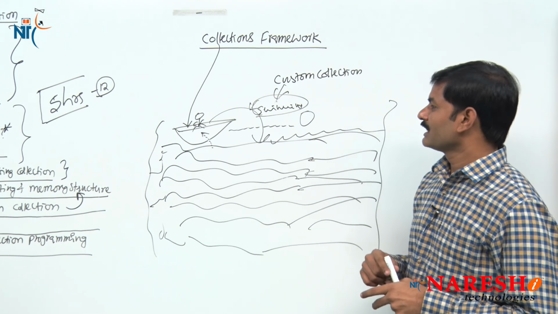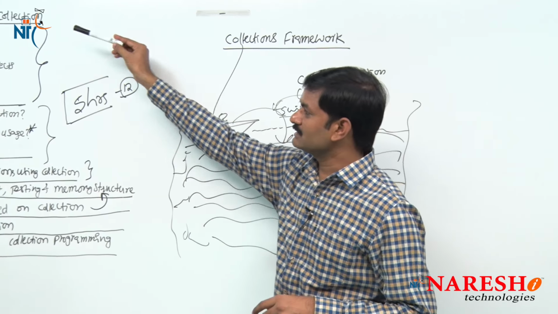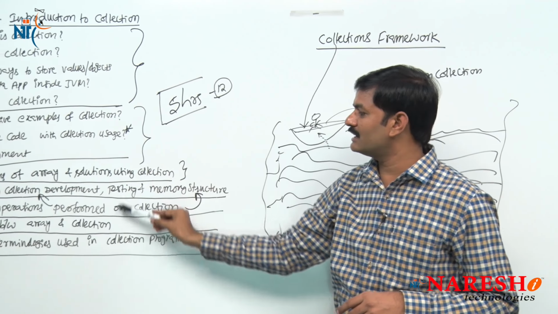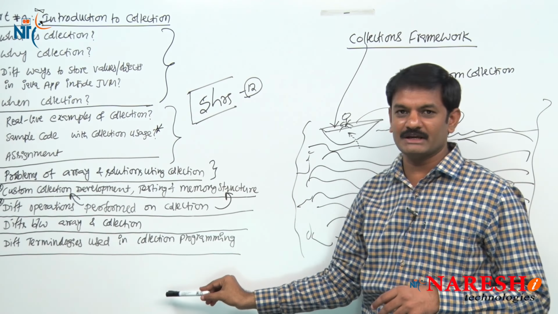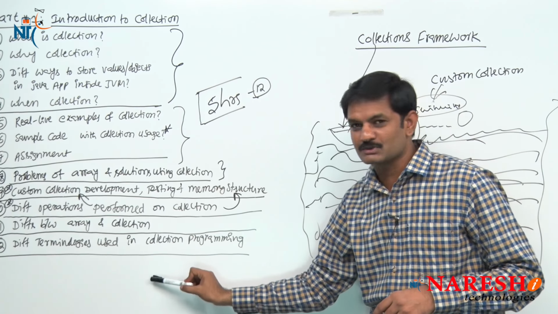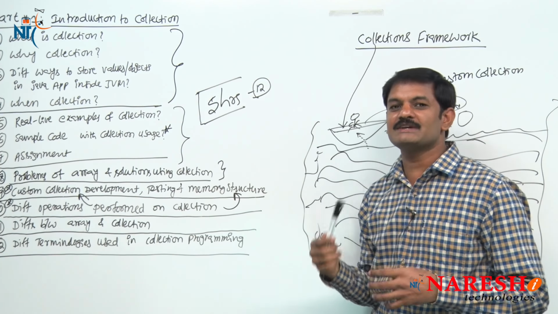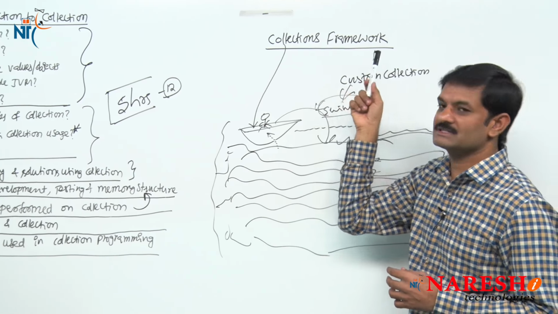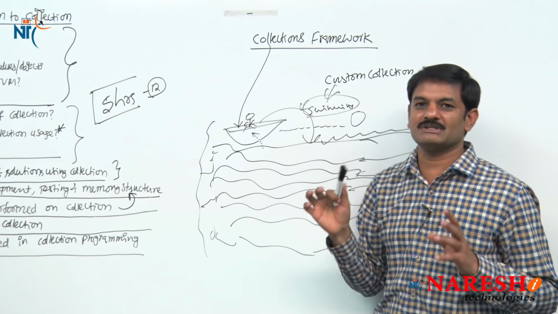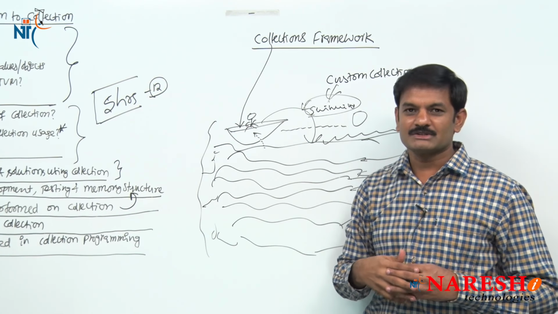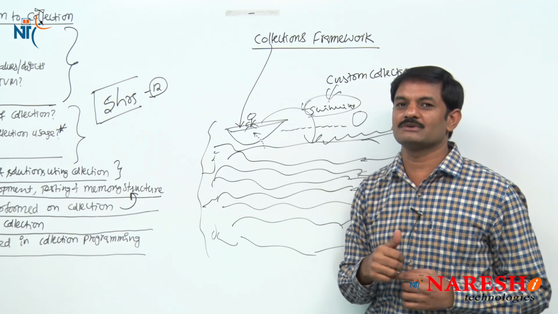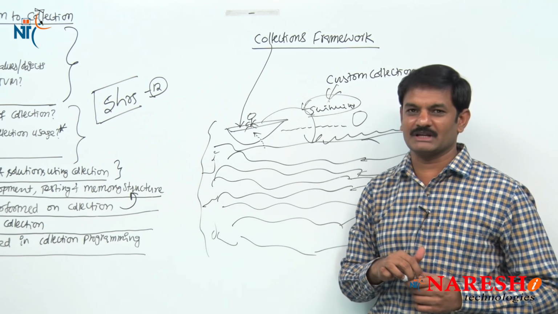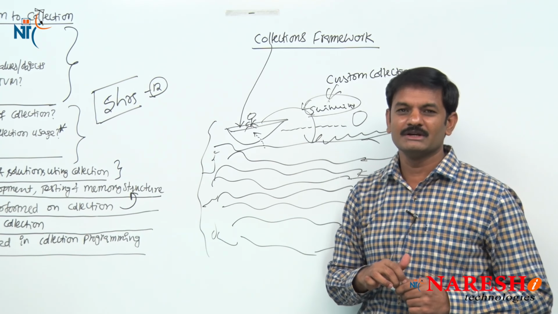So what we are going to discuss: first we start learning these entire 12 points thoroughly in depth, and once you complete these 12 points in depth, then it's easy for you to understand the Sun Microsystems given internal classes of the collections framework, and happily you will enjoy learning the collections framework. So I hope you got a good idea on how much depth you have to learn the collections framework, what to learn, how to learn, right?